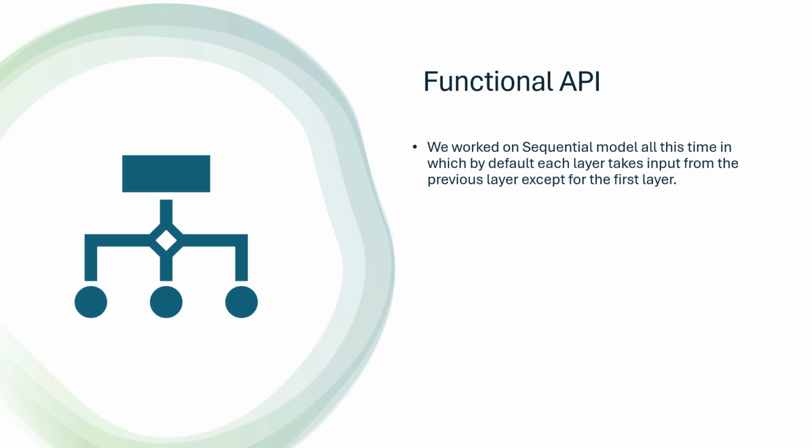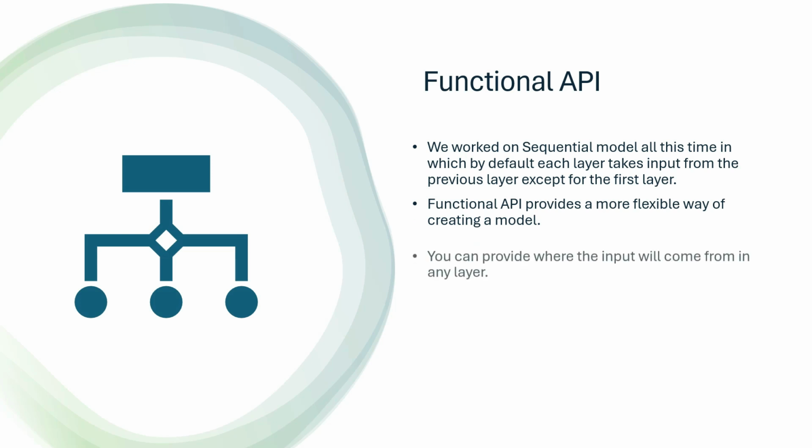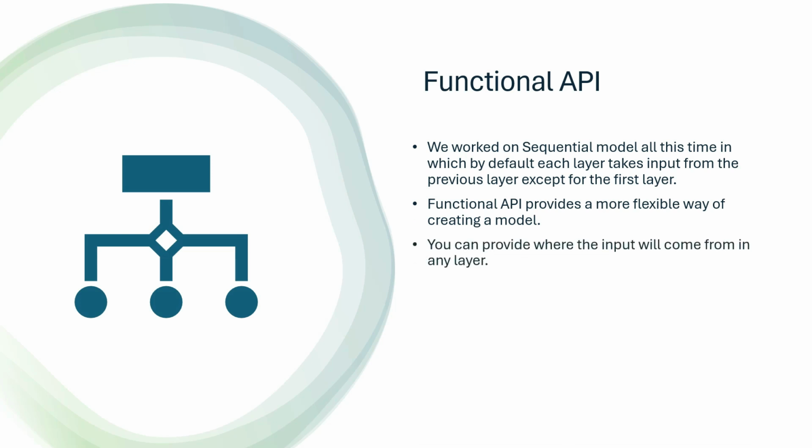In my previous tutorials on TensorFlow, I always used the sequential model. And in a sequential model, each layer takes the input from the previous layer, except for the first layer. But in functional API, you have more flexibility. You can provide where the input should come from, any layer. Multiple input and multiple output models can be defined, and multiple models can share one layer because each layer is